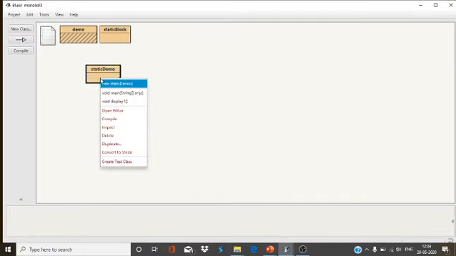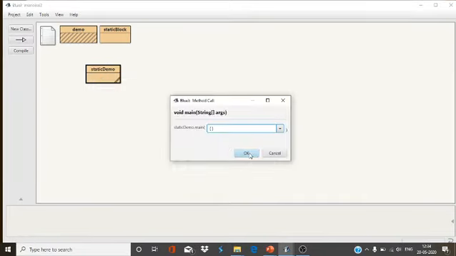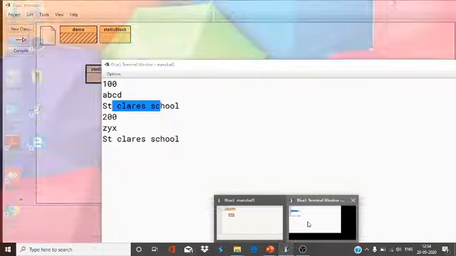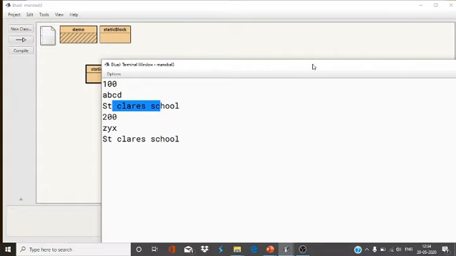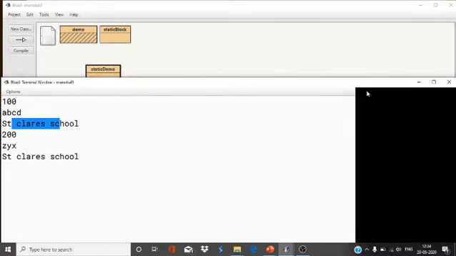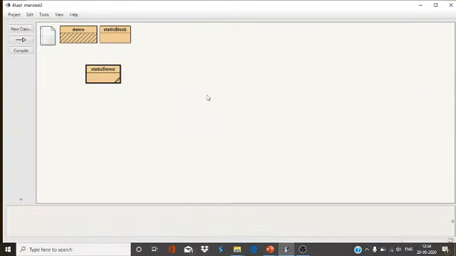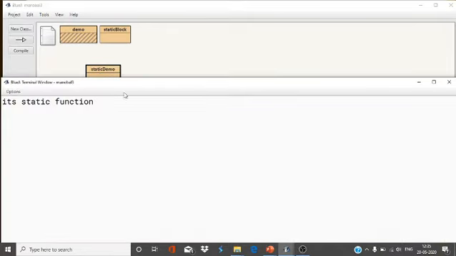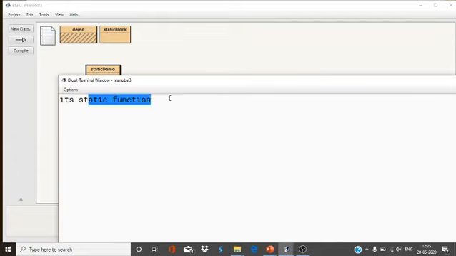You can see the output: it's a static function.